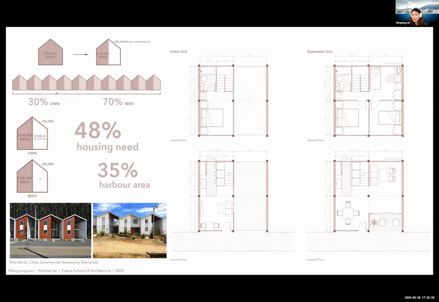The income from the owners will be used to build more units in the future phases. With the $64 billion from the reclamation project, we can build 48% of the housing need in the first phase. And it will only take about 35% of the harbor area compared to the reclamation project. And the units are designed in modules.